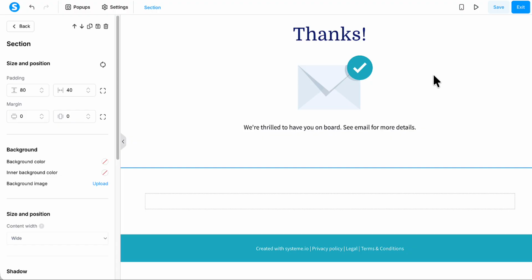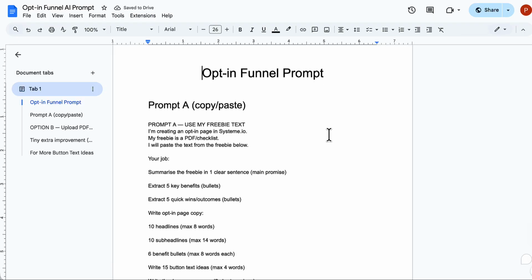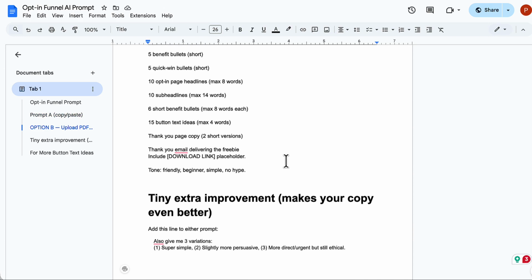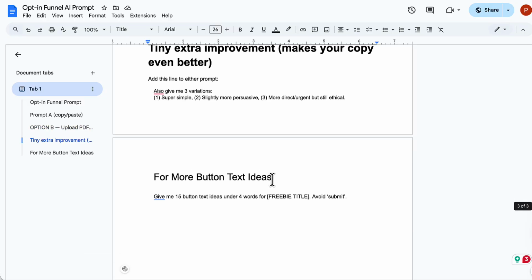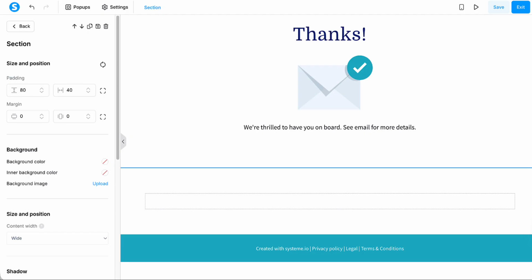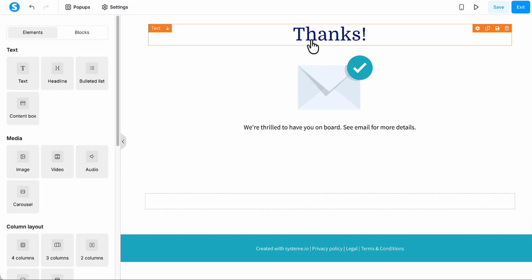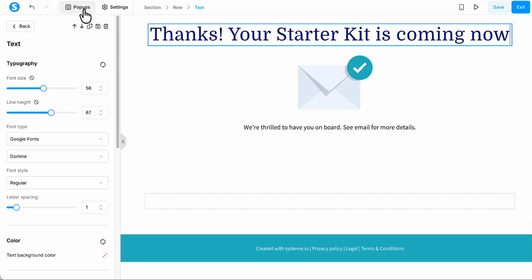So just a quick recap, I used a ChatGPT prompt to write my thank you page as well. As a quick reminder, this is the prompt, and I used the prompt to be here. I uploaded the PDF, and then you've got some extra options there at the end. You can put more outputs there. So what I'm going to do is go back to the editor. So go to prompt. This is the prompt output for the thank you page, and I quite like this one here. So I'm just going to copy that and go back to the opt-in page, and highlight that